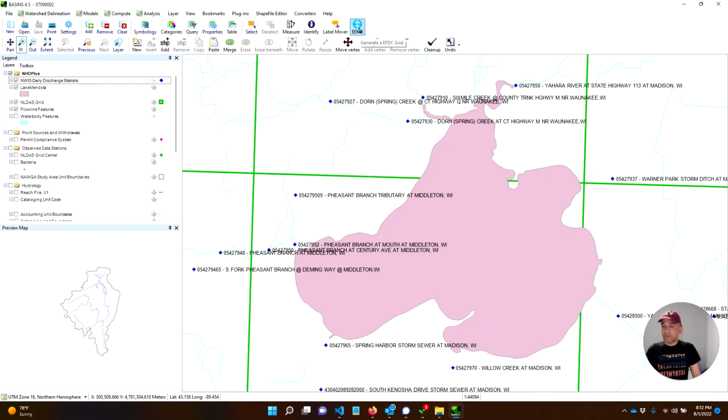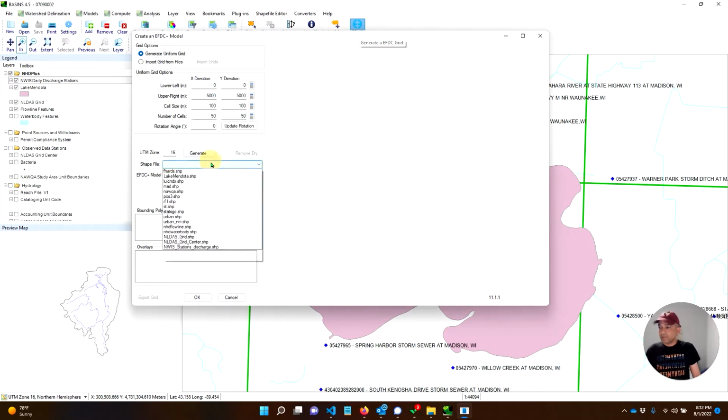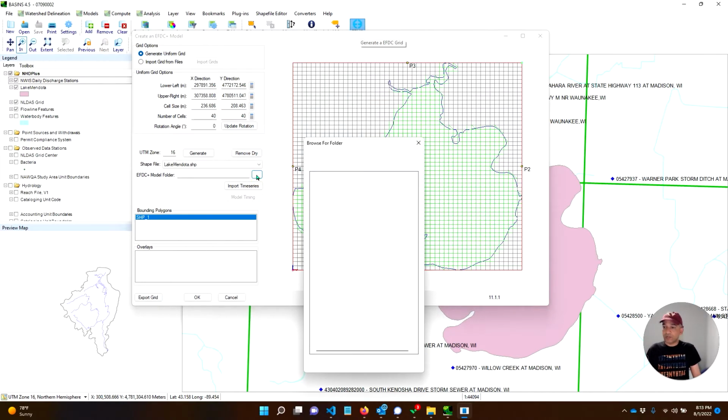Click on the EEMS plugin icon and select the shapefile, in this case Lake Mendota SHP. Make sure that the UTM zone is correct here, and right now it has made grids 50 by 50 and I can change it to 40 by 30. Recalculate so that the cell size changes. Remove dry: all the dry cells that are outside the shapefile get deactivated. I decide which folder I want to put my model in,